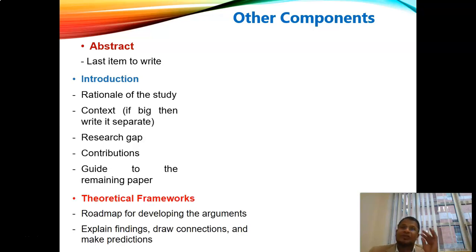And then we put the literature review, and then we can use a theoretical framework. What is a theoretical framework? There are lots of existing theories that we use. So what does theory provide? Theory helps us to justify our findings, explain our findings, and develop our arguments, why it is acting